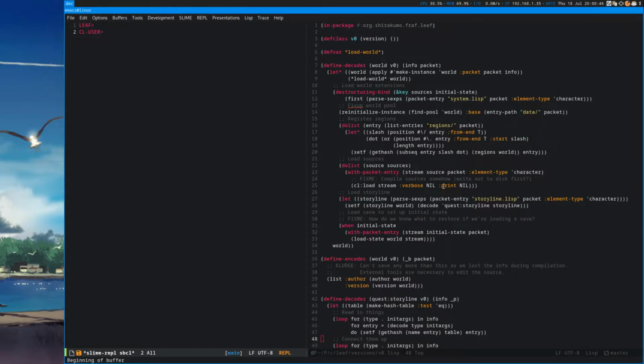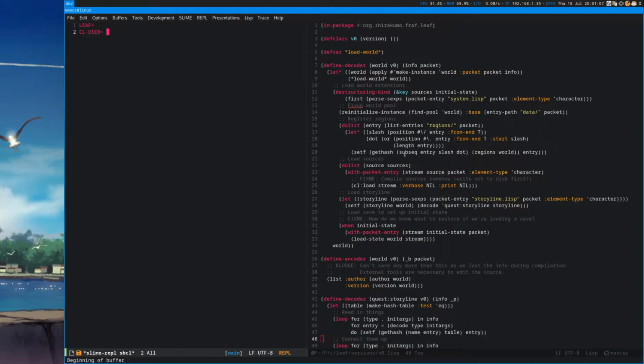Most notably, a lot of optimizations can't be done if it's done through this agnostic packet interface. The reason being that things like compile file require the file, so they can't work with in-memory representations, meaning you need to extract the packet when loading a world onto disk in order to work with that kind of stuff. So that's a bit of a problem.